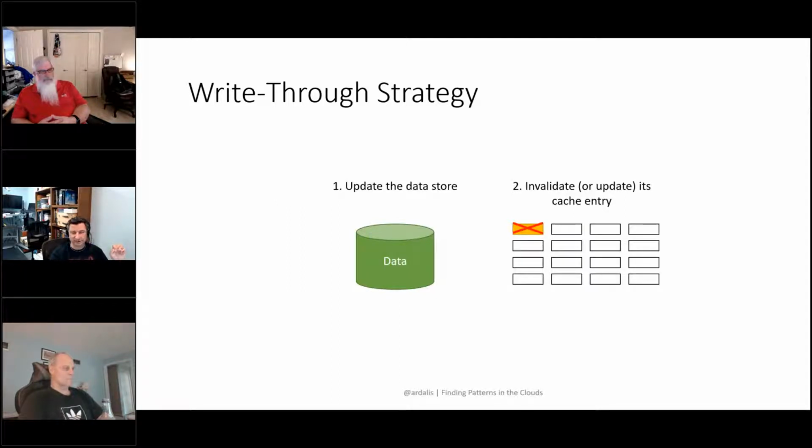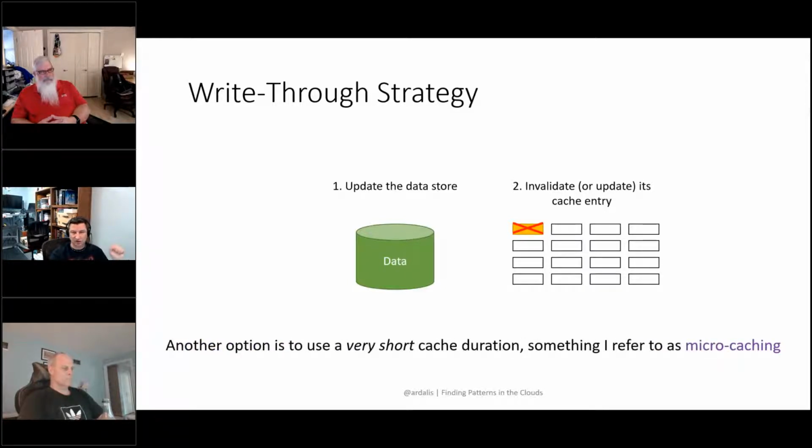Another option that is sometimes a choice is to just use a very short cache duration, like really short, like less than a second, right? If you have a really busy application and it's getting hammered with requests, 10 requests per second, 50 requests per second, 100 requests per second, then if you just give it like a 500 millisecond or 1 second cache, that's going to be enough that any of these common queries that are being made and cached are going to get updated all the time, but they're still going to dramatically reduce the load on